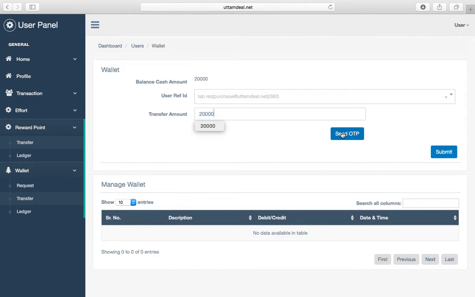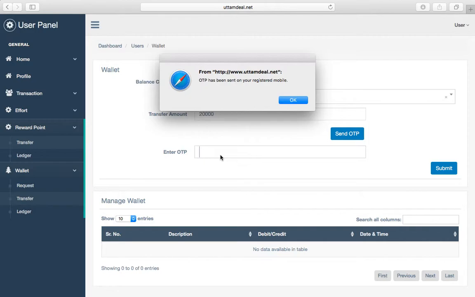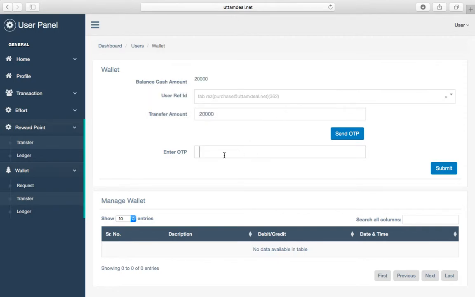Next up, I need to request an OTP. As you can see, we get a message box that the OTP has been sent to my registered mobile. I'll just obtain it from the mobile and fill it here.